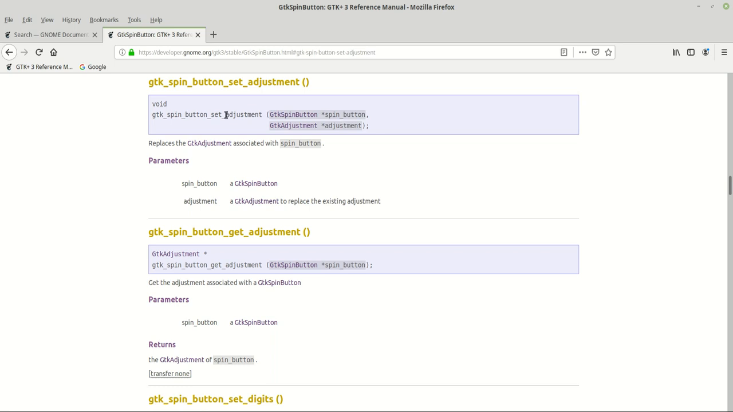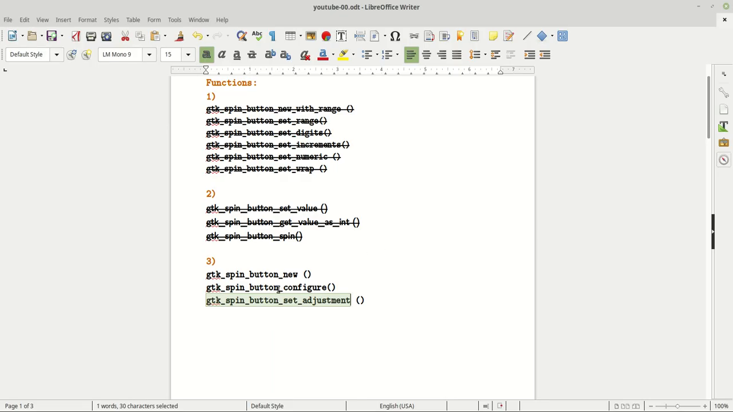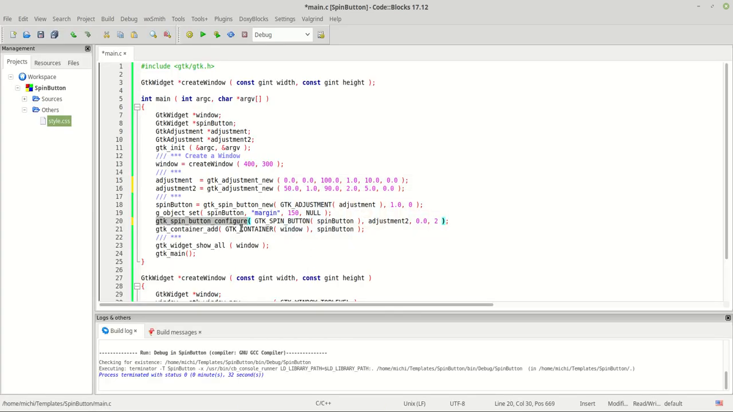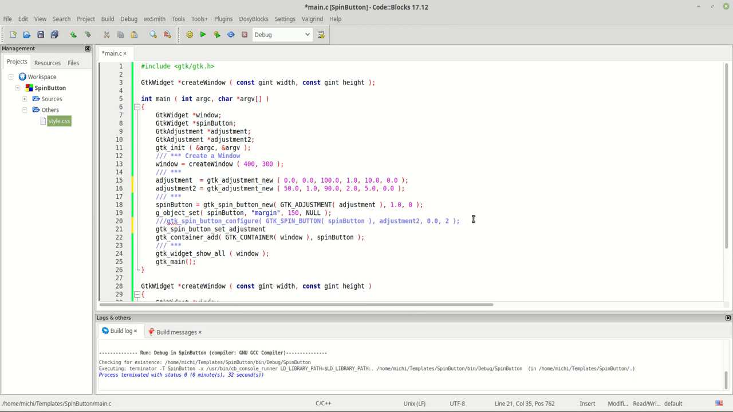So this means, basically, between this function and this function, with the configure function you can also change or set the climb rate and digits. So if you don't want to set your spin button with new climb rate and digits values, then you drop this function and you just call this function, which now does the same thing like